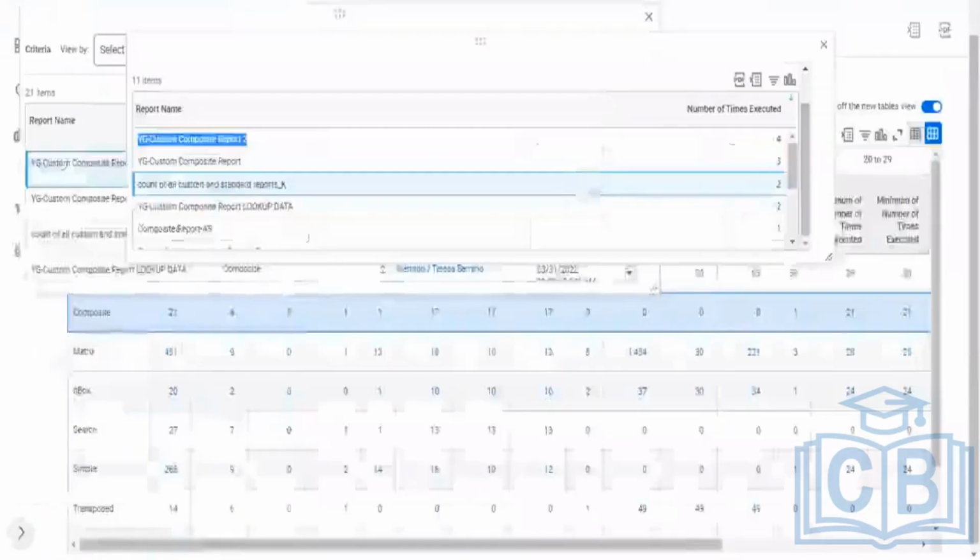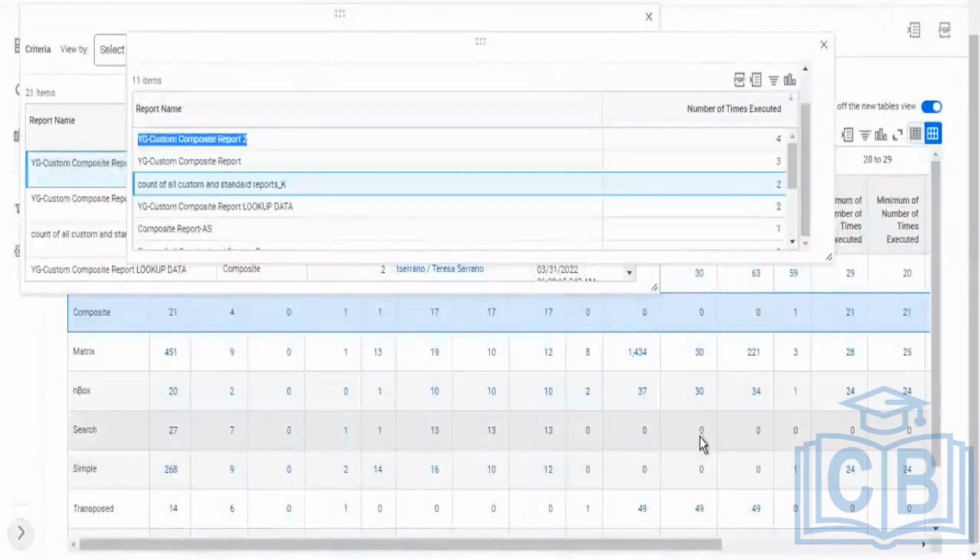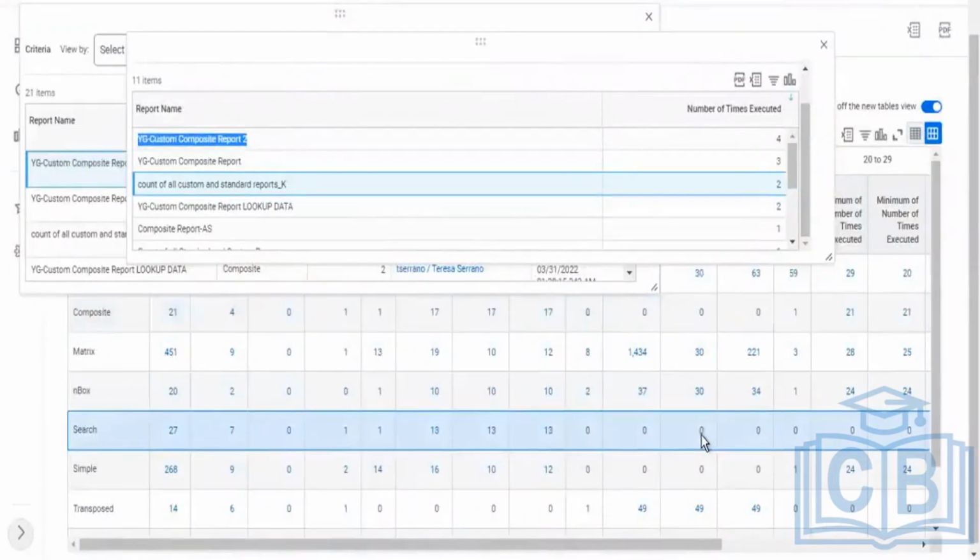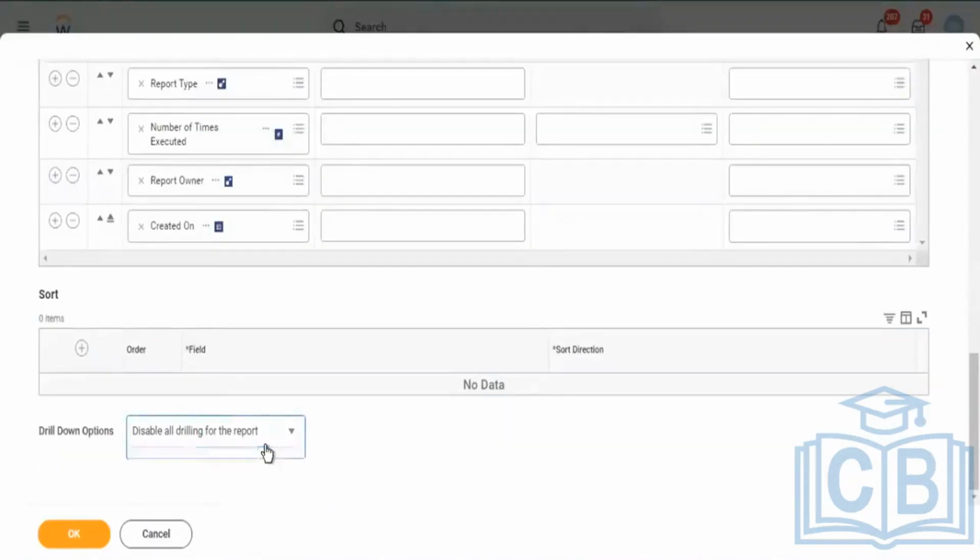I don't want any drilling to happen. When I do that, everything will be grayed out. I cannot click on any of these numbers to then drill down. Or I can also say disable drill to details for the report. When I do that, I'll not be able to click on this value